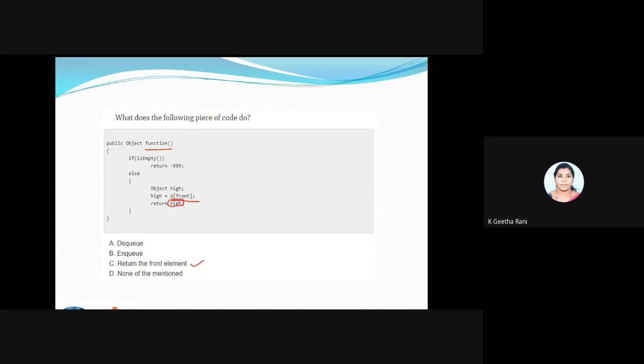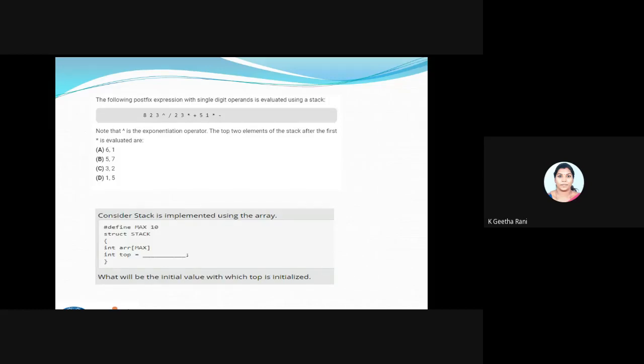So these are the things about the queue. On the other day we left something in postfix and prefix and all. I'm just continuing those questions here also. So take the first one.